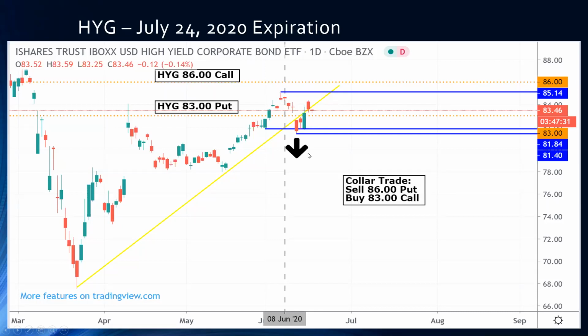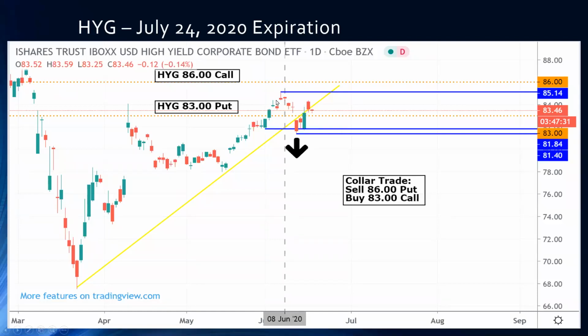It hasn't yet, because remember the high that we're coming off of and this low that was made a few sessions back here, this was a higher move low. Remember, when you have higher move highs and higher move lows, that's indicative of an uptrend. However, in the short term, this higher move low could potentially be the beginning of the new slide lower. Why? Because it took out this low back here. So we made a higher move low in the longer grand scheme of things, but we went lower than the last higher move low. And we are now no longer in this upward sloping support line here. So these are two neutral to bearish indications that there's a good chance that this market could go lower.